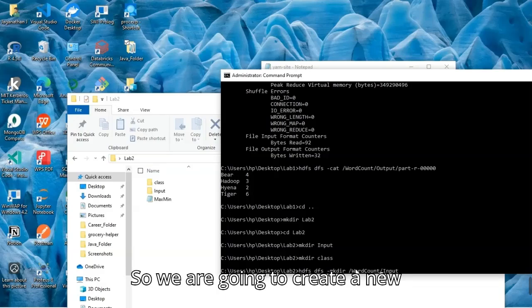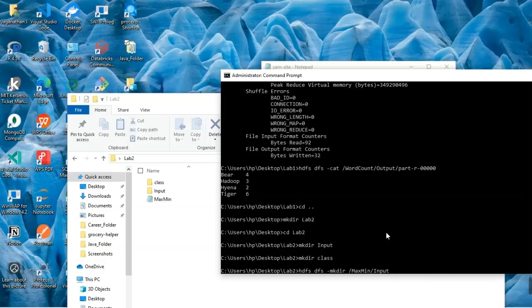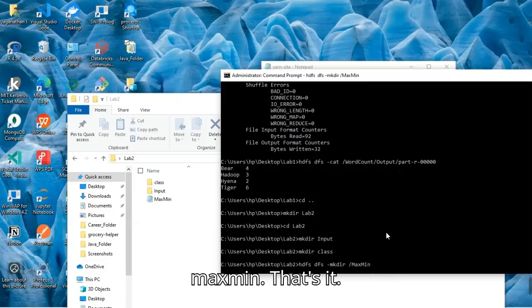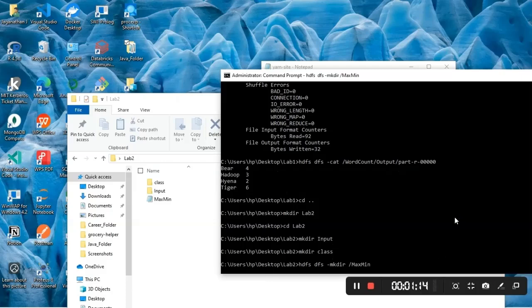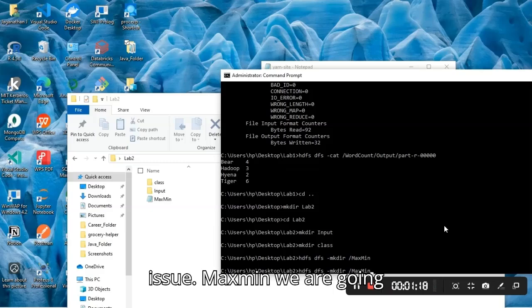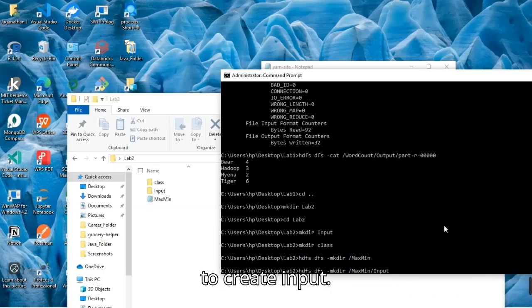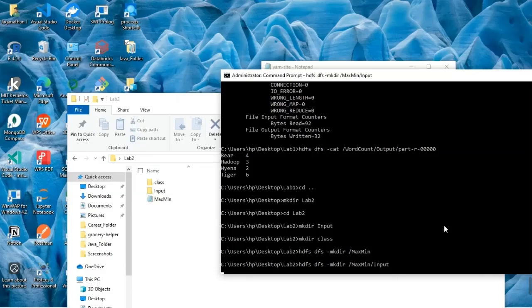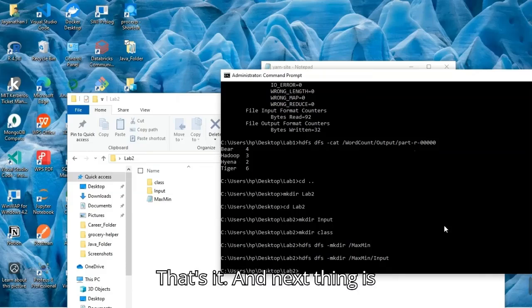So we are going to create a new folder for this. It will be maxmin, not yet input, just maxmin, that's it. It will take some time, but that's not an issue. Inside maxmin, we are going to create input. That's it. And next thing is same, just put,